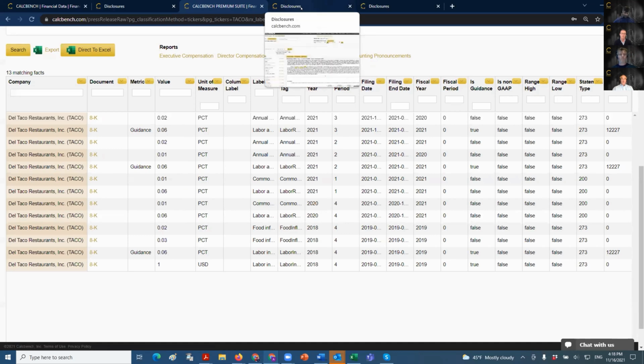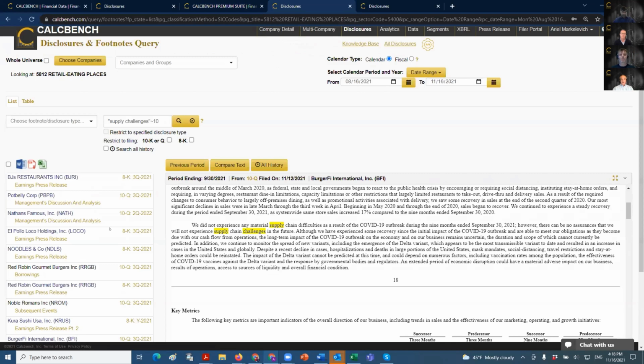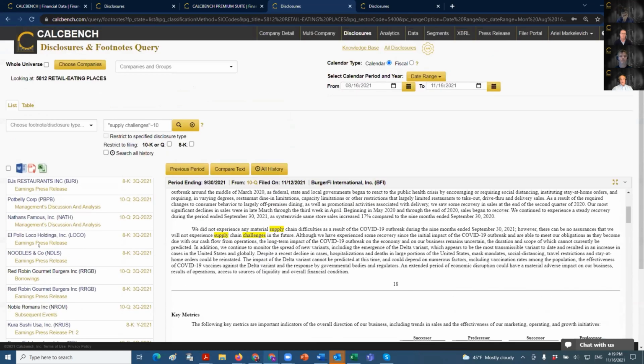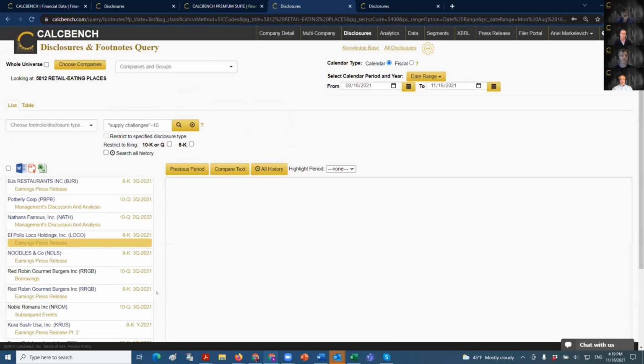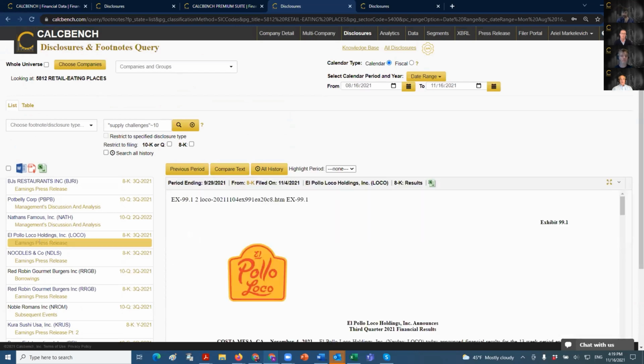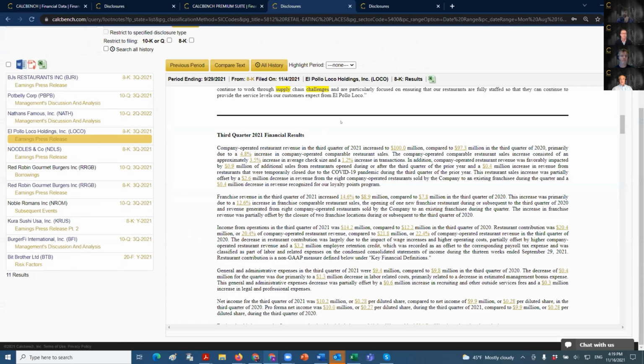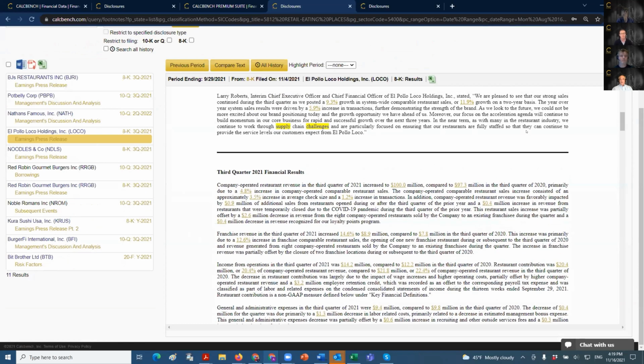So we spoke about inflation. Moving a little bit to other examples. What I did here was staying with the same SIC code, 5812, the restaurants. What I want to do here is actually look at El Pollo Loco, and here I'm looking at their 8-K, and they talk about the fact that the company, the restaurant industry, continues to work through the